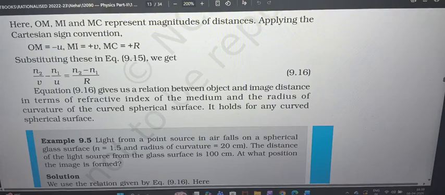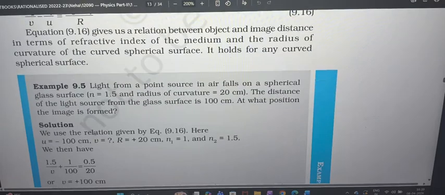So this is how it works when a spherical surface is between two media and refraction is happening. They might ask these kinds of questions. Suppose light from a point source in air falls on a spherical glass surface. If it is not spherical, they will just mention a glass slab, and then you can follow normal refraction through a plane interface. Otherwise they will mention it like this, then remember this formula. Refractive index is 1.5, given for the spherical glass surface. Radius of curvature 20 cm is given. The distance of this light source, which is acting like an object, is 100 cm. Then how will you find the image position, the image distance?